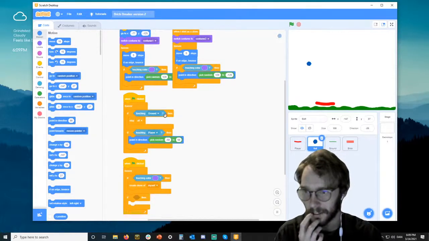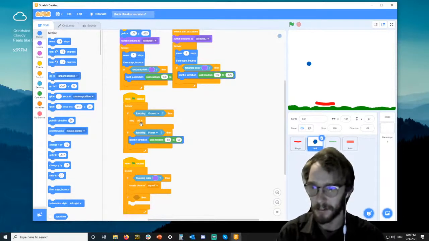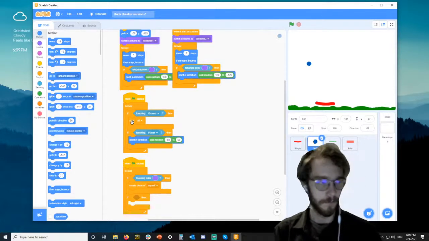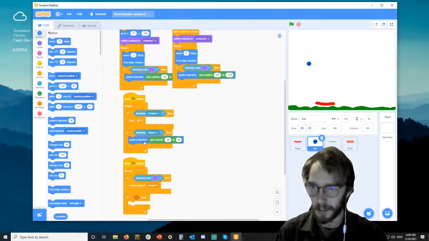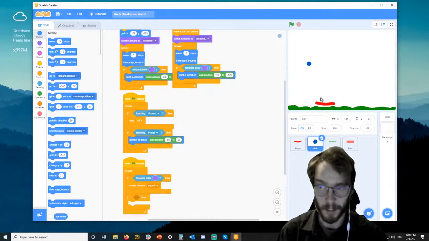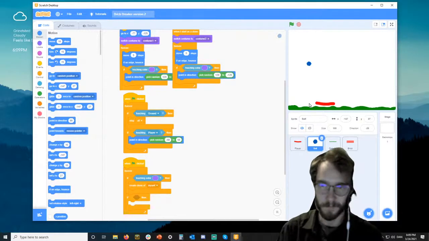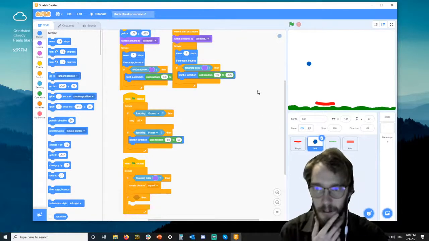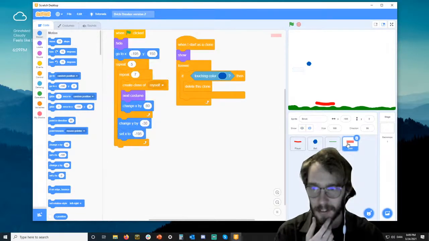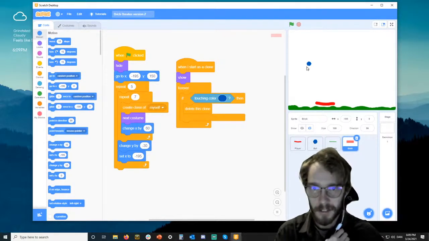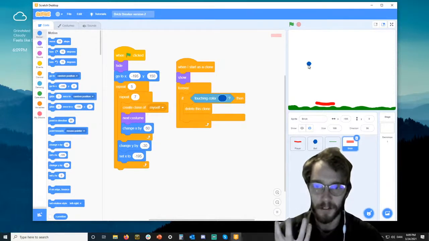Here we are saying, okay, if we're hitting the ground, then we will lose the game, basically stop all. And the second one here is saying if we are hitting our player, then we will just bounce back in a random direction. So I think our code is actually in the bricks this time. So looking here, we're saying if we are hitting this blue color, that's the color of the ball, then we will